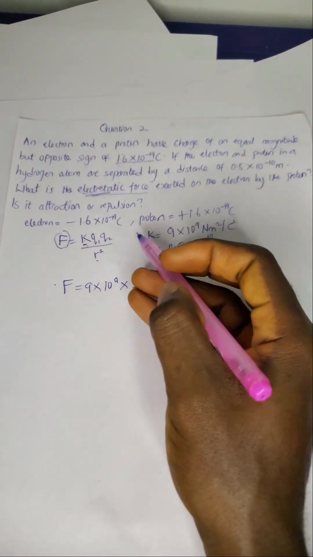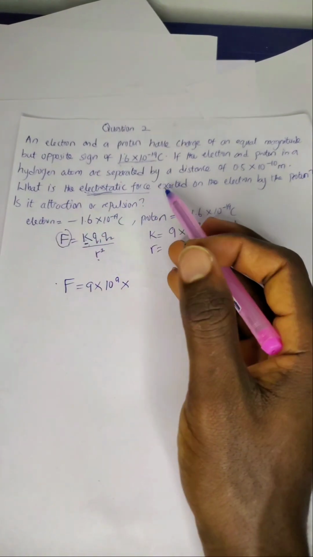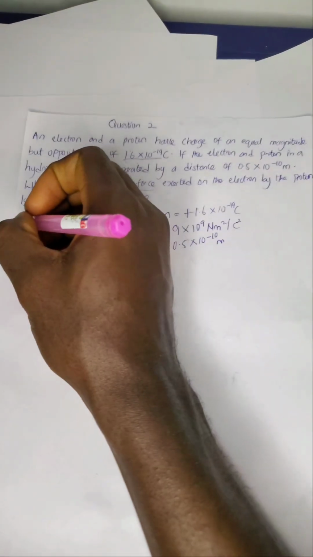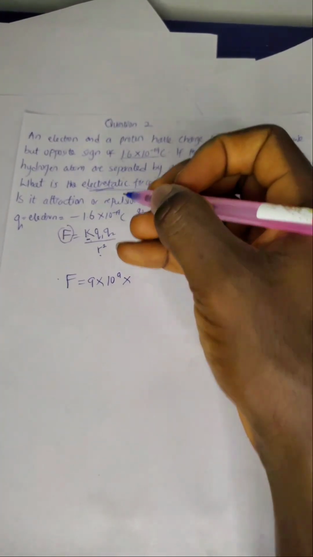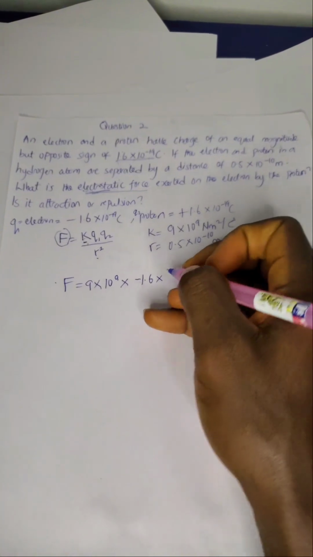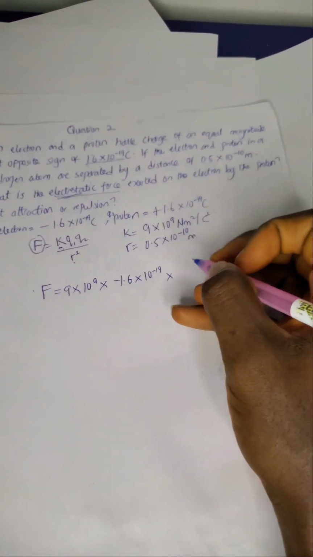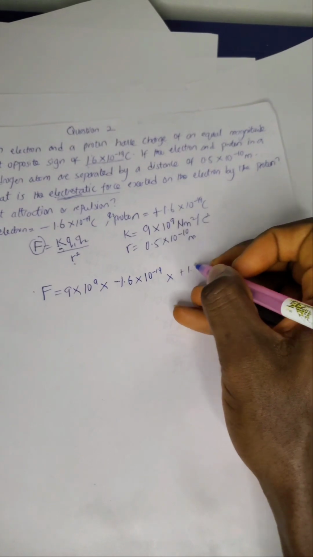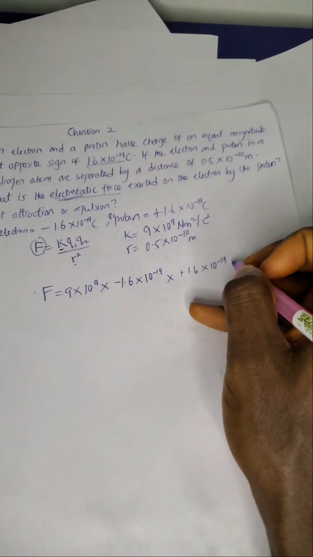Our Q1, let's take the electron, and Q2 the proton. So minus 1.6 times 10 to the power of minus 19 coulomb times plus 1.6 times 10 to the power of minus 19 coulomb